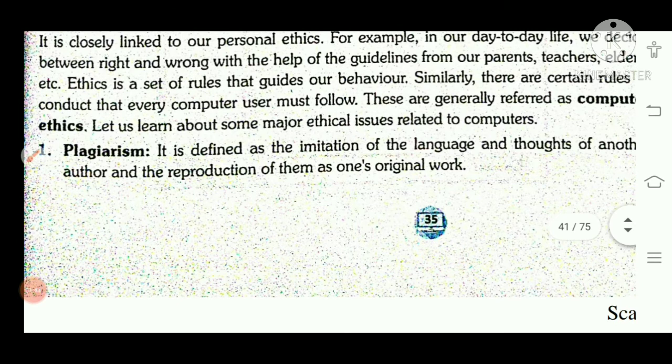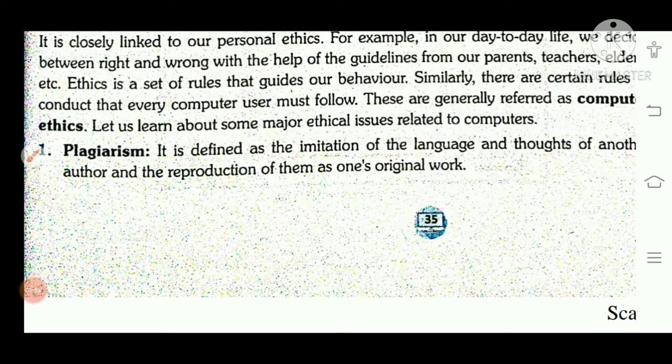So these are ethics. First we will discuss those terms, which we can say are crimes in terms of computer. The first term is plagiarism. What is actually plagiarism? Children, in general terms, I can give you one example.